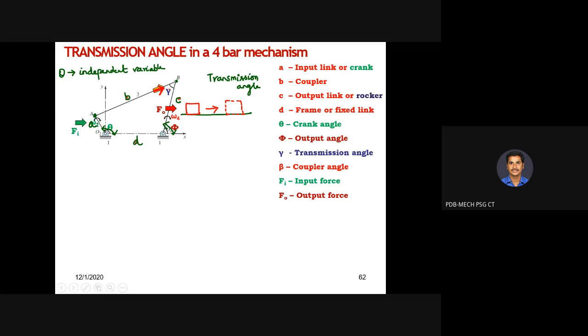So let me give some examples or some orientations of the coupler and rocker, so that you can tell for which case the transmission of force or motion will be maximum. Okay, let me draw it here. So this is your